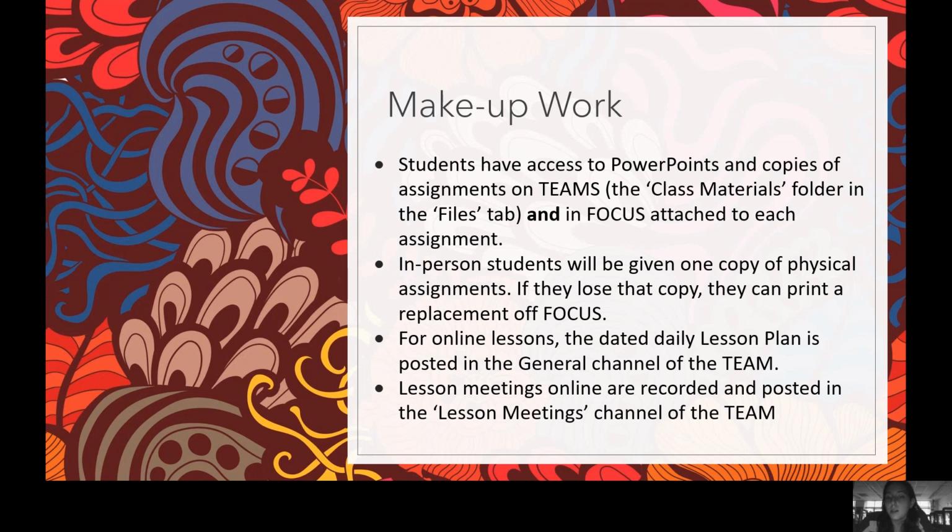In-person students will be given 1 copy of physical assignments. So students that are attending class in person will be given 1 copy of physical assignments. If they lose that copy, then they can print a replacement off of Focus or Teams. So if they're losing their work that's handed to them, then they'll have to print a copy off online,